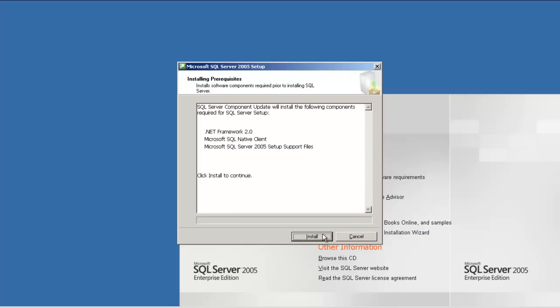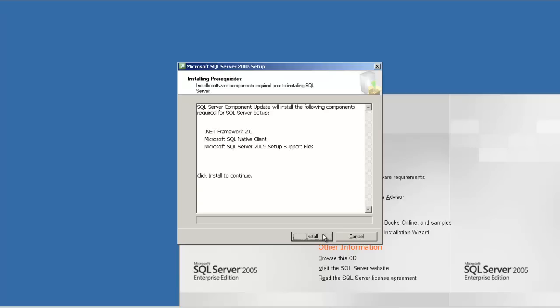Now it's trying to install the prerequisites. It will check whatever is required before SQL Server: the .NET Framework, Microsoft SQL Server Native Client, and the Microsoft SQL Server setup support files. These need to be installed before actually installing SQL Server.